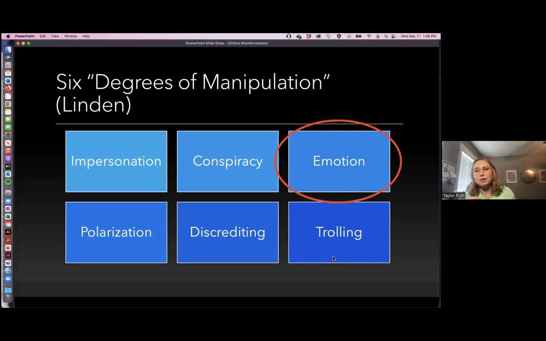And then you just have straight trolling, where people are just trying to mess with people online and share that fake information. But I think for us with science communication, this emotional piece is really important to consider, as well as this discrediting part, because we can build our credibility if we do it strategically, and not just rely on, well, I have an MS or I have a PhD after my name. We can build credibility in different ways beyond just our degree. So we're going to talk about that a little bit too.